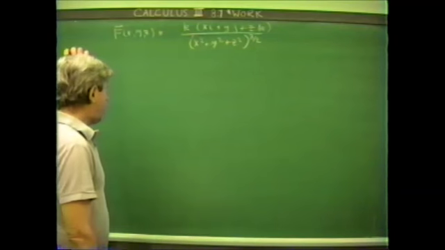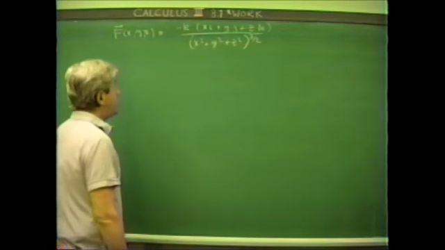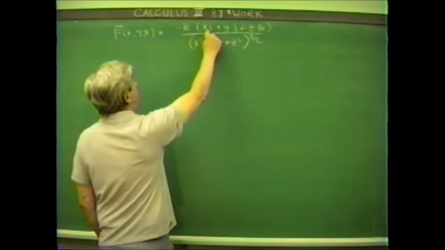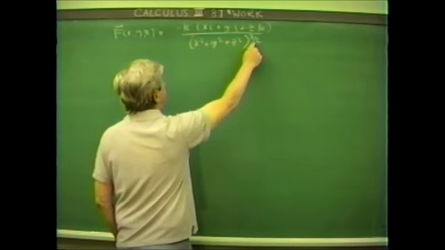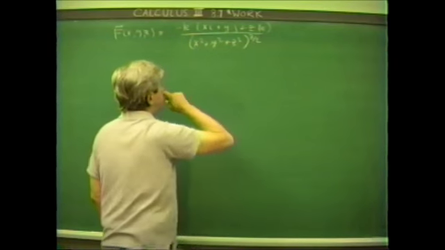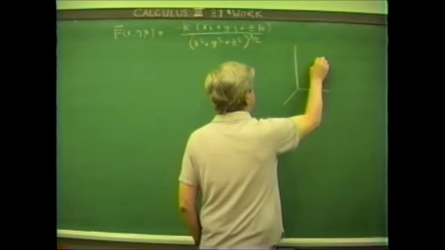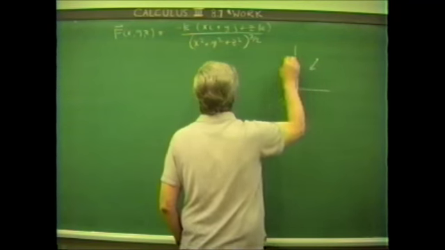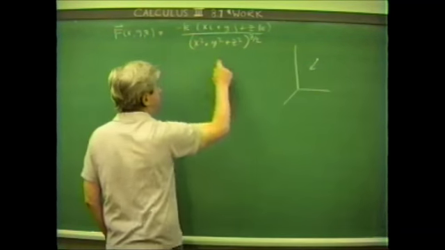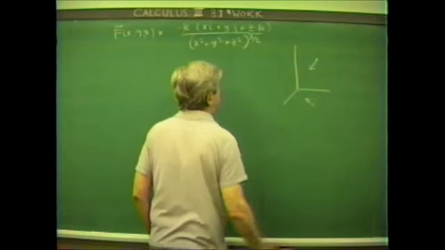Here k is generally going to be negative. We could even indicate that by putting minus k here. And by this is understood, the i component is x over this to the 3/2 power, the j component is y over this to the 3/2 power, and the k component is z over this to the 3/2 power. With k negative, what this means is that at each point x, y, z there's a vector which is directed back toward the origin,